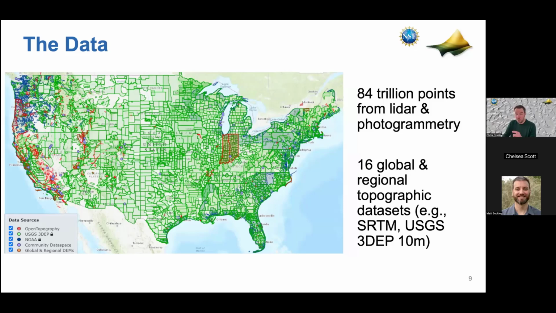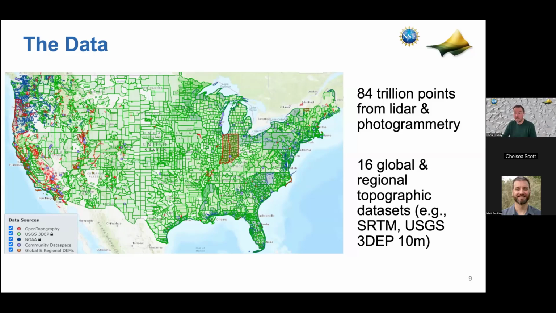Then green and blue on this map are data sets that are managed by the US Geological Survey in green and NOAA in blue. And these are the big players for geospatial data in the United States, taxpayer funded open data sets. And what we do is we federate that data into OpenTopography. So we grab the data from its raw sources, oftentimes now it's in the cloud, and then we dynamically pull it into OpenTopography, and then we put the kind of processing tool stack on top of these data.